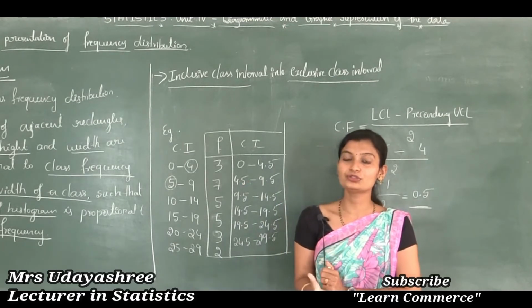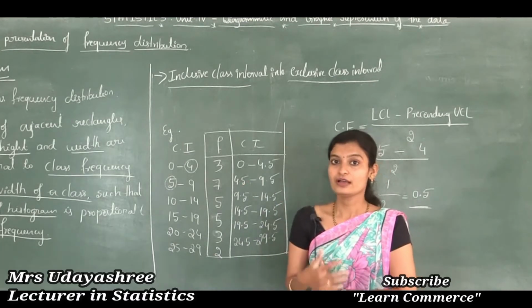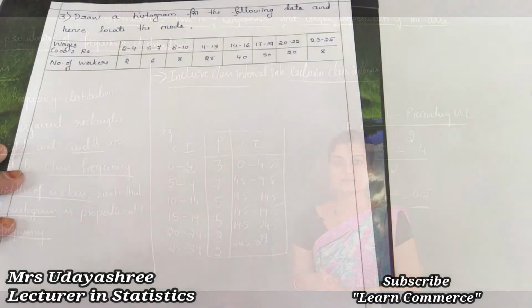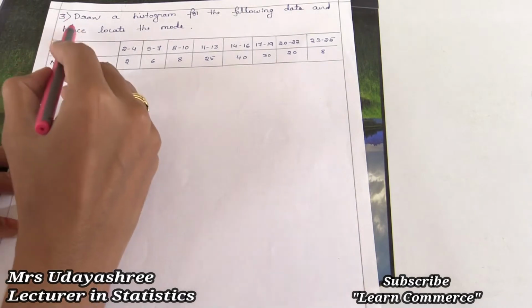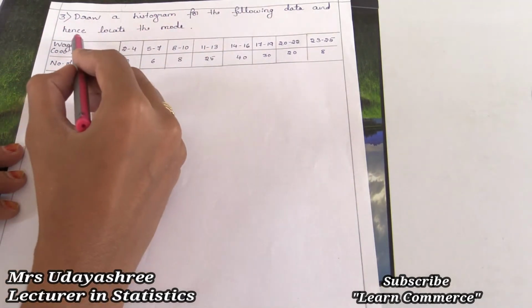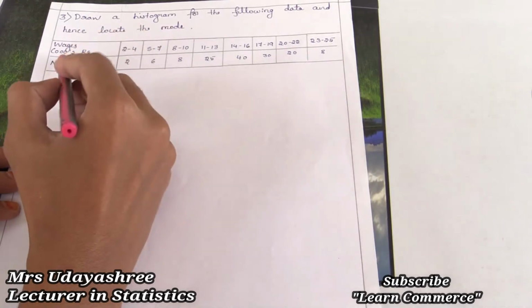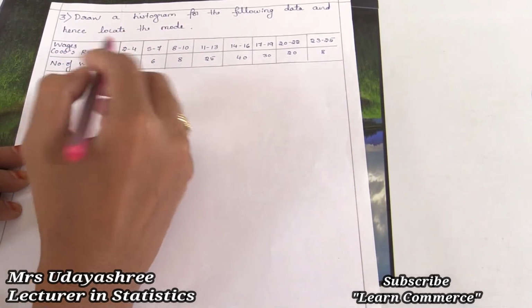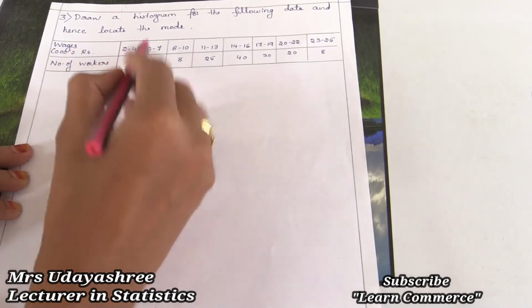Let's see how to draw a graph in inclusive class intervals. Let's see problem number 3, that is, draw a histogram for the following data and locate the mode. So here the given information is wages and number of workers, and the given wages are 2 to 4 and 5